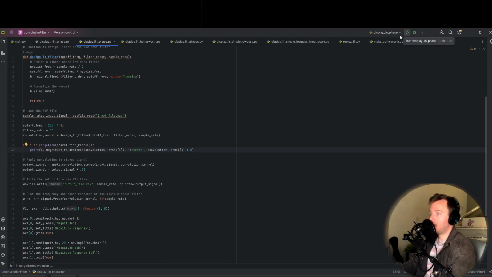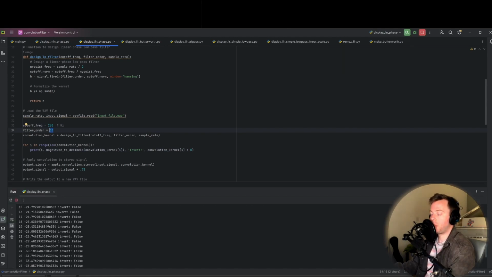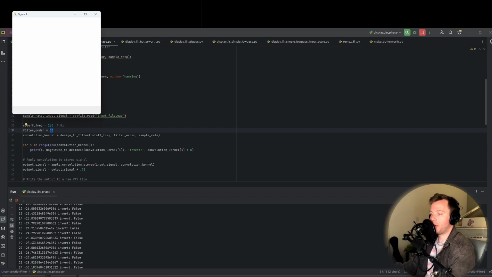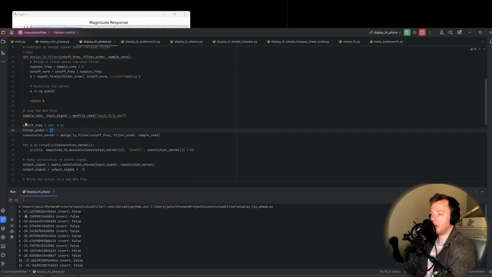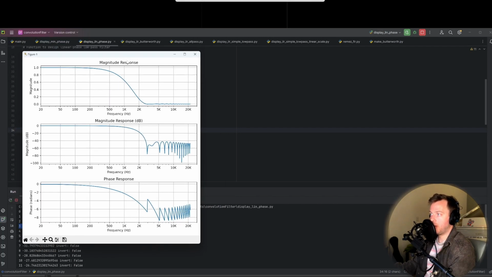So if I run this script for a 250 hertz filter with 33 coefficients, it'll crank out all the parameters. These would essentially be how many decibels you put in your DAW for each track, and this is for how many samples of delay goes with that volume adjustment. For this linear phase low pass, none of them are going to be inverted because none of them are negative numbers. And this also plots out